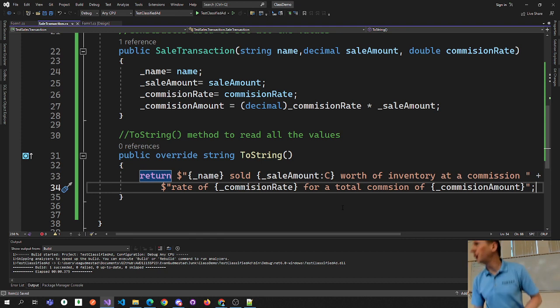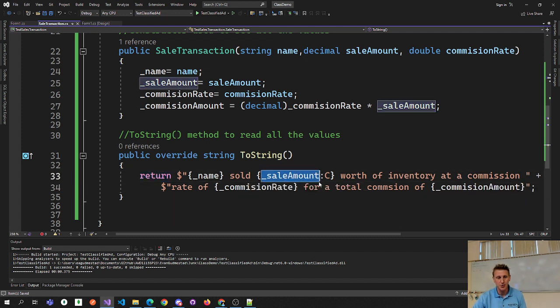So we can have multiple sales transactions with different salespeople, putting them all into their objects, and you call this toString, and it outputs all the data about that sales transaction. Constructors are awesome because it's one way to put a bunch of data in. ToString methods are awesome because it's one way to get a bunch of data out. So this would say Billy sold $1,000 worth of inventory at a commission of 8% for a total commission of